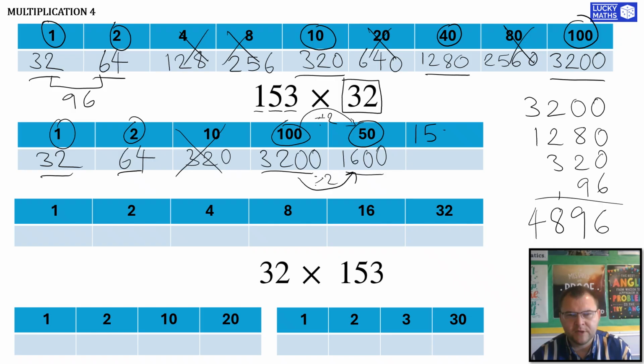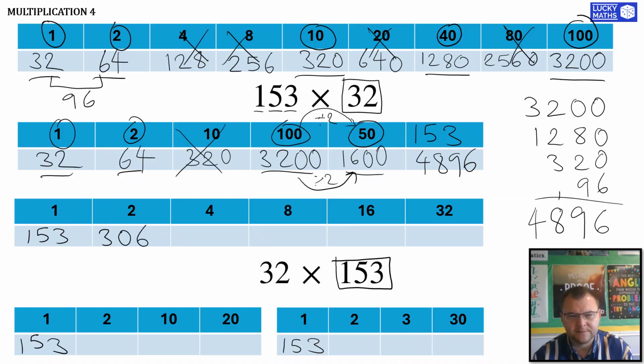So like I said, 153 lots of 32 is 4,896. So let's show how 32 lots of 153 gives the same answer. Of course, if you want to get ahead and try and do this, feel free to pause and continue. 153 doubled is 306, which doubled is 612, which if doubled is 1,224,